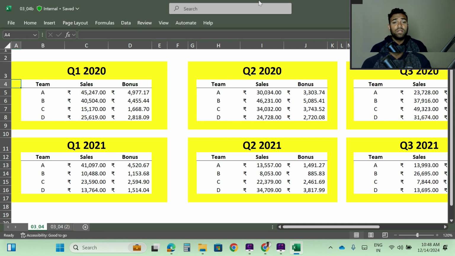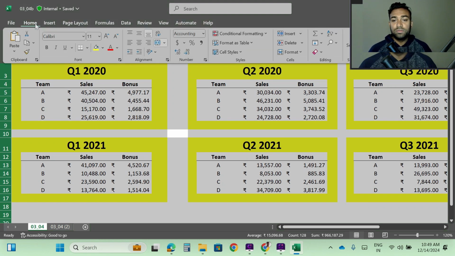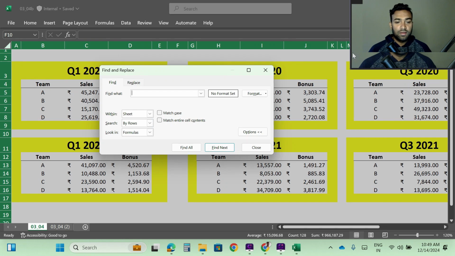So how will we do it? The first thing is we will select the entire thing. I will press Control A, and now I will go to the home ribbon. There is one option, the editing section. Here I will go to the find section, and this is the place. Here we will go to replace, and now for find what, I will go to format,